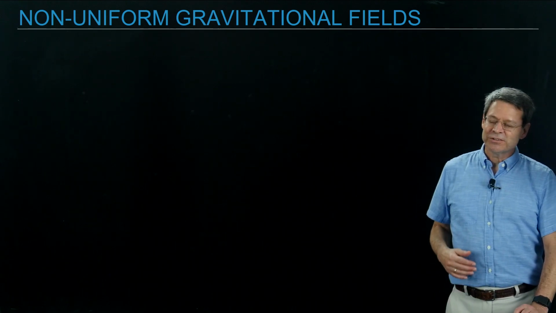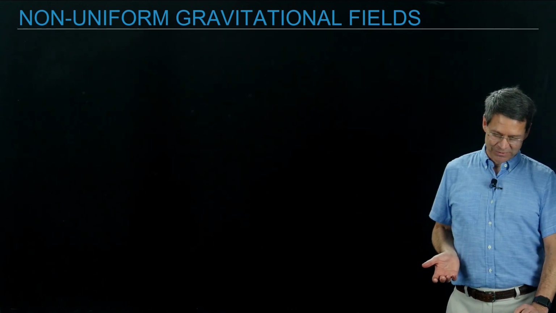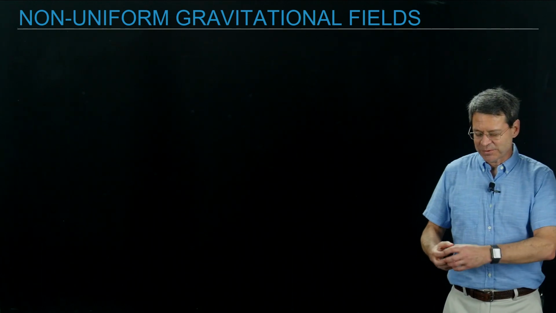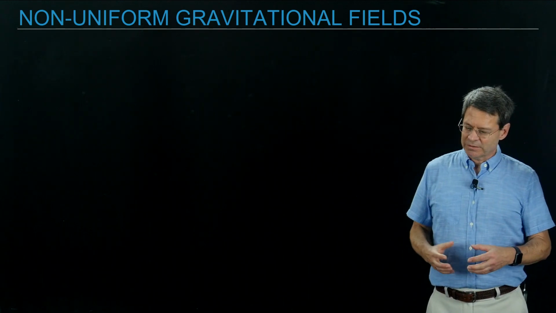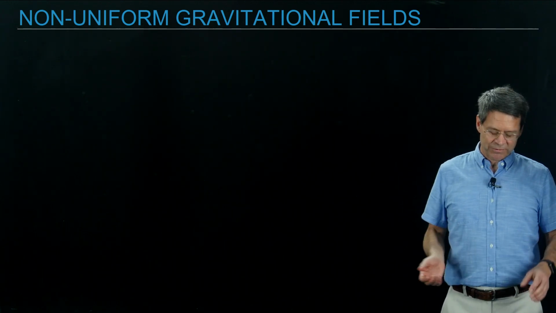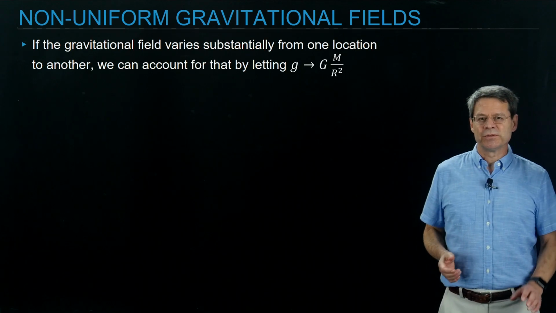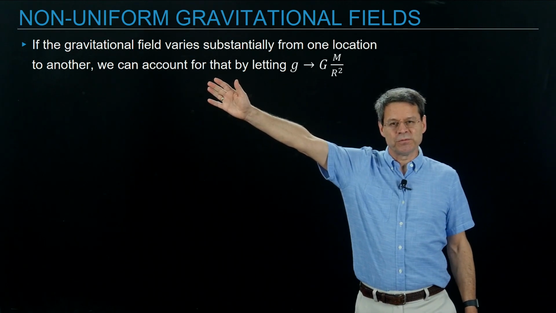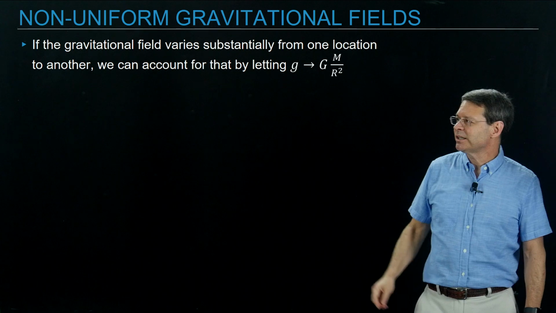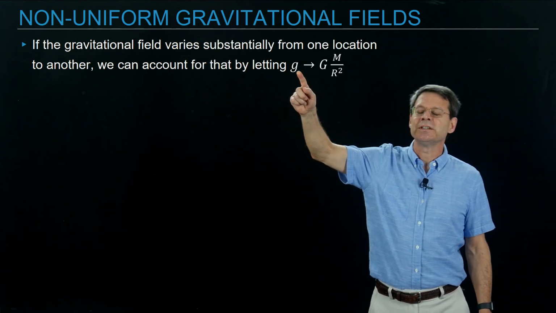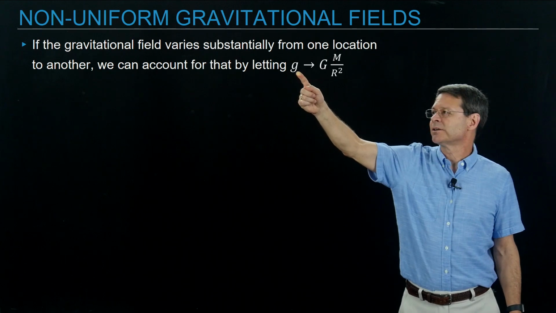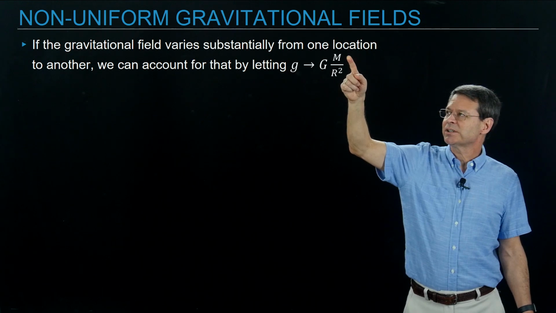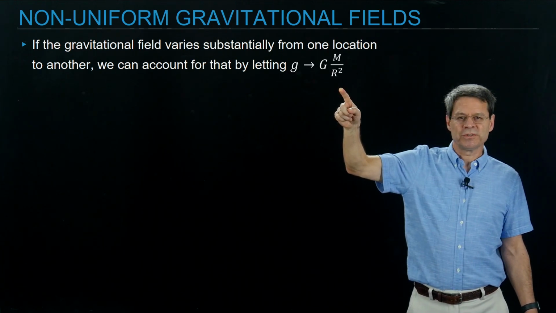but we can start to talk about some astrophysical objects where maybe these effects are larger. To do so, let's first understand how we can get further away from the center of the massive object, where the gravitational field therefore will be changing. So we have a non-uniform gravitational field. If that gravitational field varies substantially from one location to another, we can account for that by replacing everywhere I place little g, acceleration due to gravity at the surface of the Earth in this case, by just big G, Newton's gravitation constant, times the mass of the object over the distance squared from the center of that object,